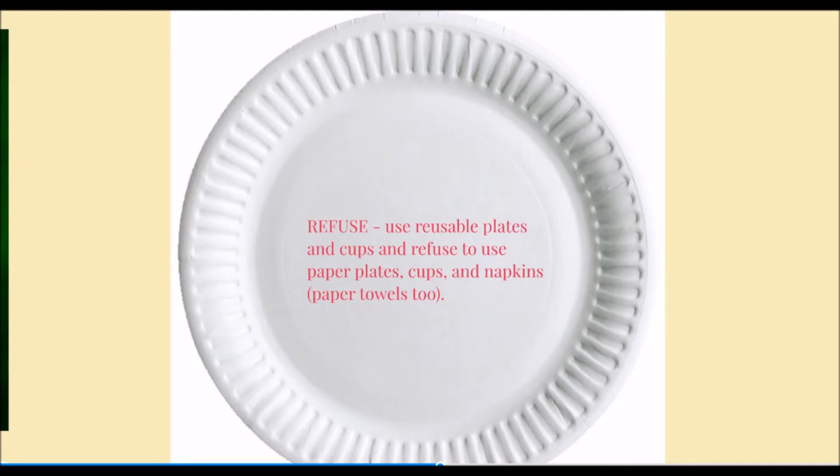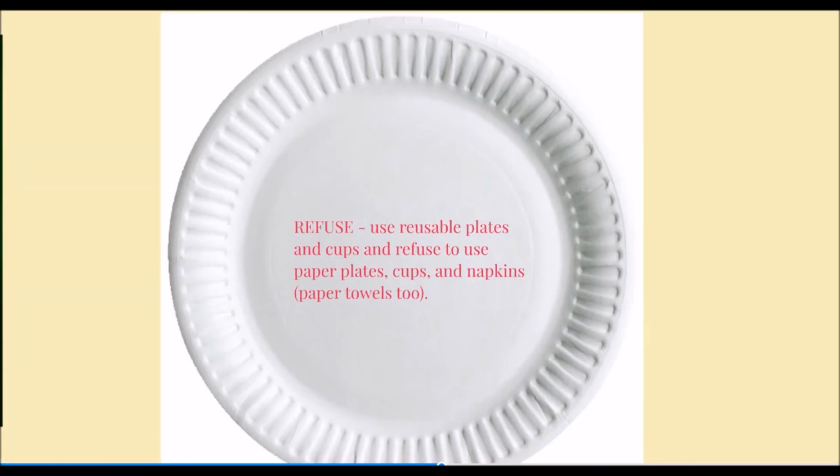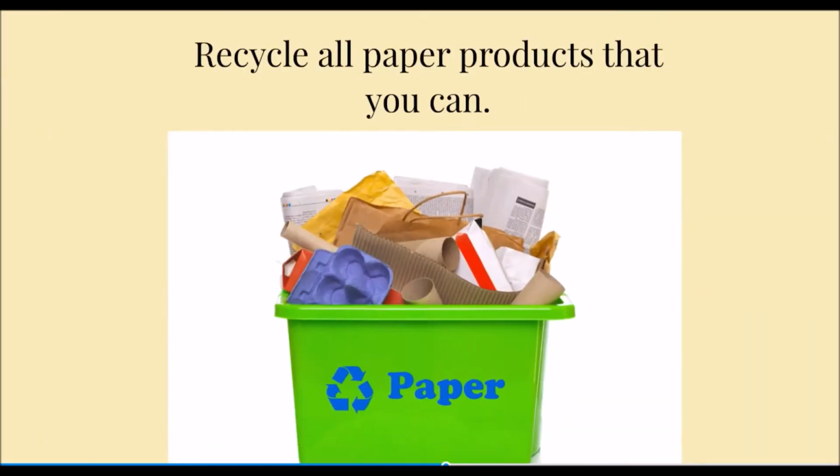We have those 4 R's of the recycling arrows, right? First one is refuse. So a way is to refuse products with excess packaging, refuse paper plates and paper cups and all those things that are disposable, and use things that are reusable. And then the end result, the last thing we want to do is recycle these products.